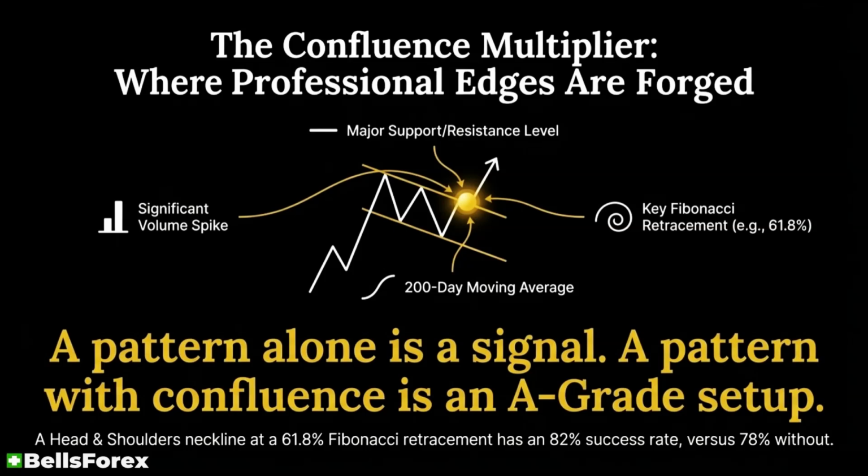A bull flag forming right off the 200-day MA can have a success rate up to 87%, because everyone is watching those levels. All market participants, regardless of their strategy, they hold massive institutional weight. This systematic grading ensures we're only taking the absolute best setups, but we have to address the reality that 25